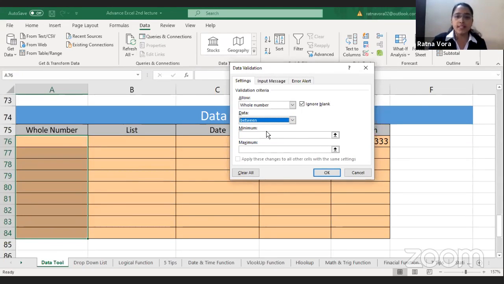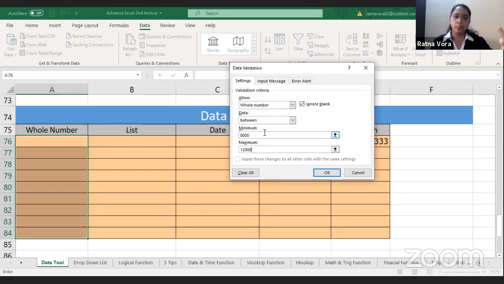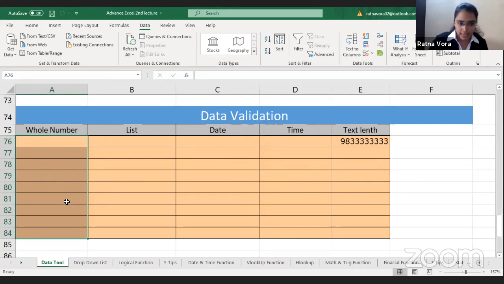They are asking what minimum value you want. So I am saying I want the minimum value to accept as 8,000, and the maximum value I can say 12,000. In this particular cell I just want only values between 8,000 and 12,000. So just say okay. In this particular cell the data validation option is activated. You can see now I am writing 8,000 rupees here and pressing enter. It is accepting. Just wait,